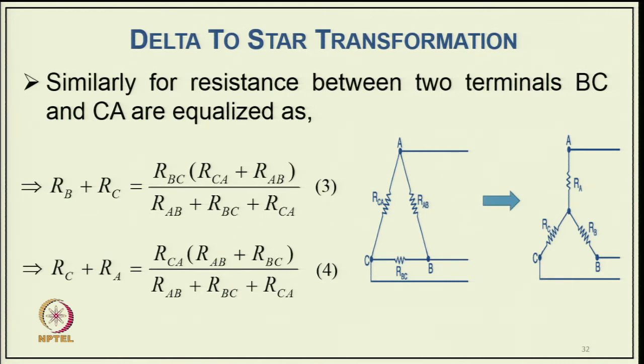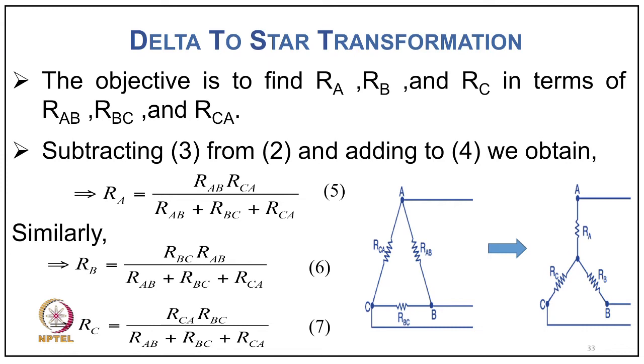Similarly, for terminals CA, you can write from these two networks the equivalent: RCA in parallel with (RA plus RB) equals RCA(RA plus RB) divided by RAB plus RBC plus RCA. Using these three equations, of course, we can find out the elements of a star connection in terms of the delta connection network. So, the objective is to find out RA, RB, RC in terms of RAB,